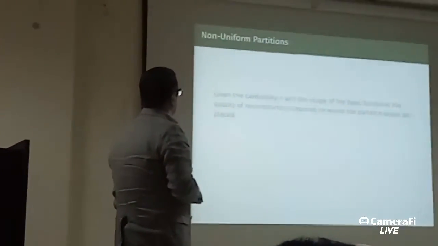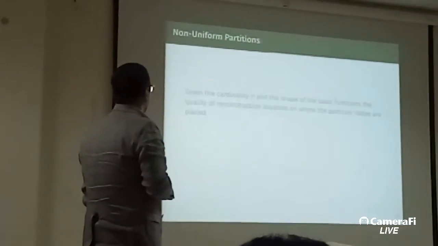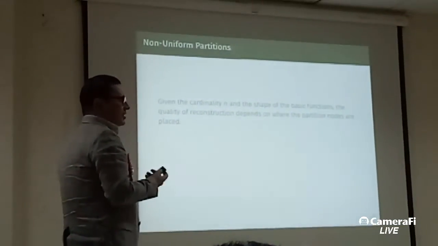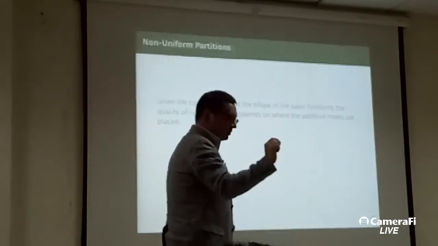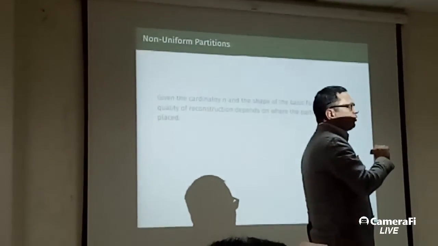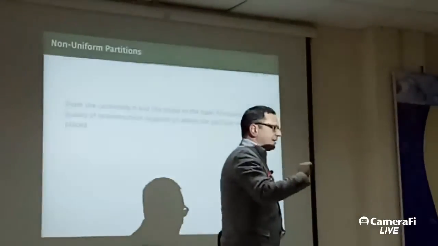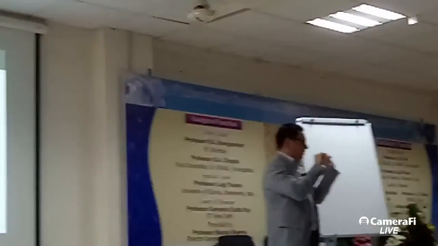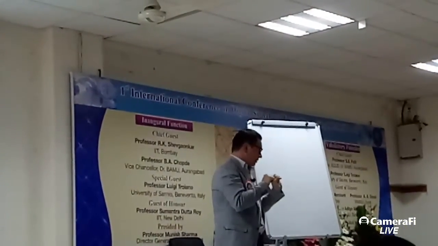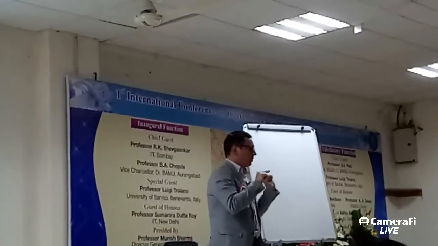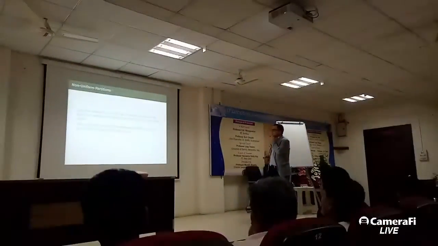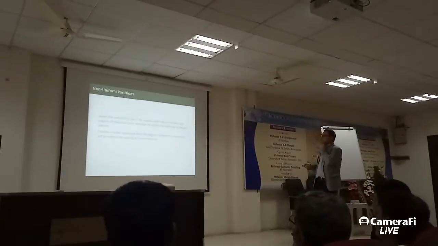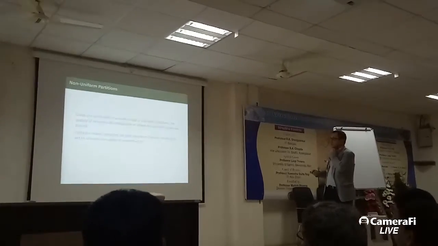Okay, let's start from the first point. Well, we can observe that even considering the endpoints, if the nodes are equally distributed, they are not the best choice. If we are able to locate nodes properly within the same feature space, we are able to get a better representation of our data. And this is quite simple to understand why: partition nodes represent the only degree of freedom that we can control for reconstruction.